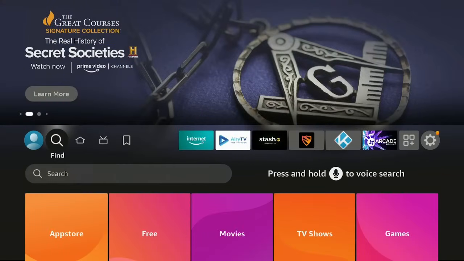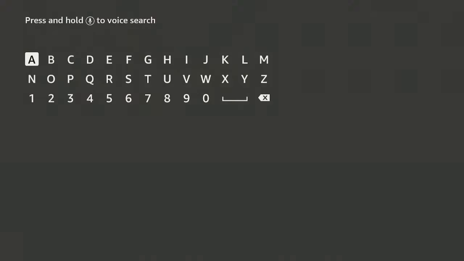Let's go over to the Find and Search. I am using a Fire Stick 4K, and if you're looking for a new Fire Stick or maybe an Amazon